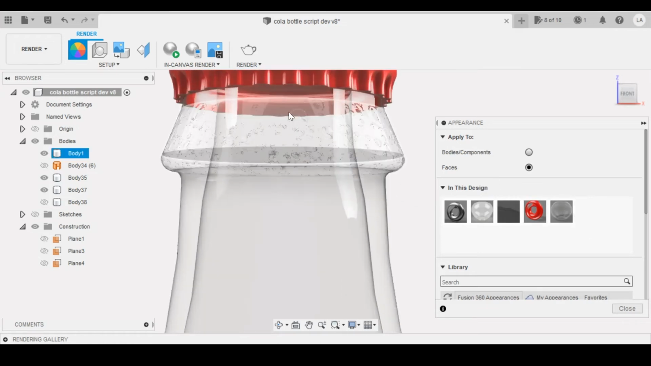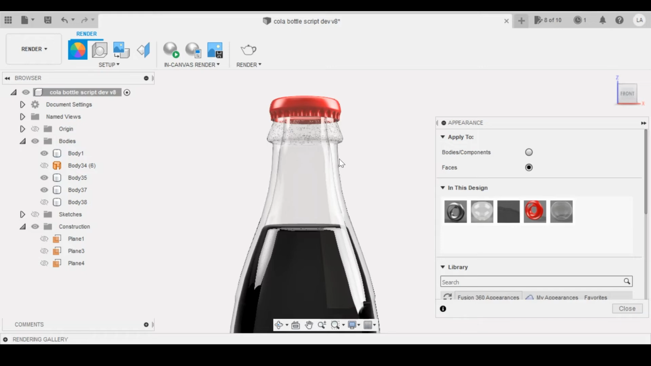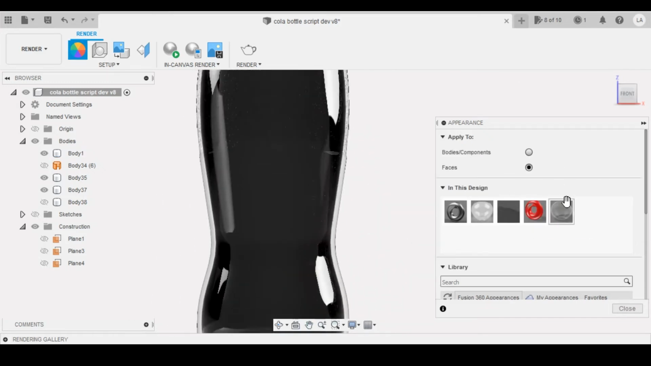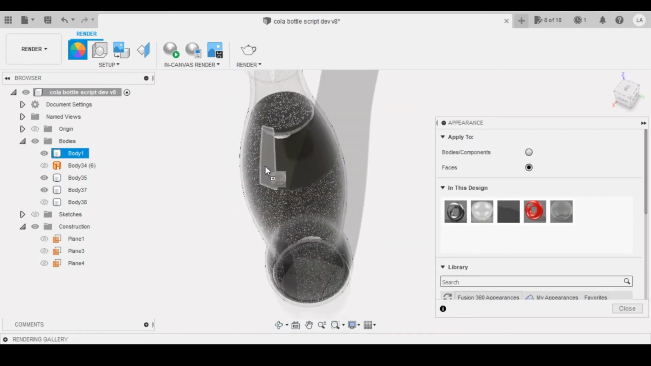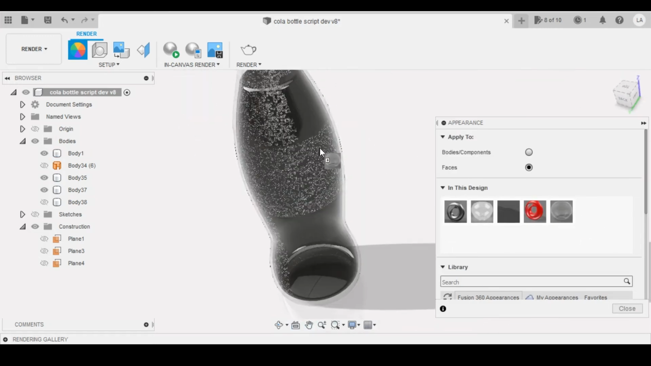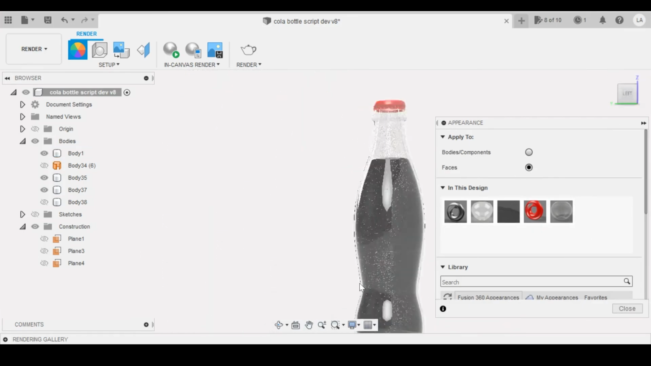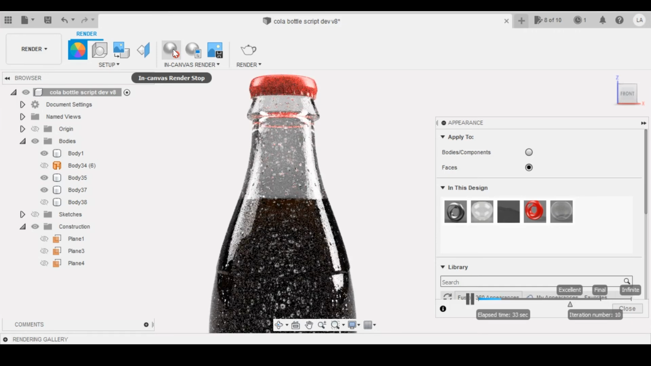You can see now this texture showing up on the face there. So I'll fast forward through applying that to all these faces and show you what it looks like when it's finished. So there you'll see that's applied to pretty much all the faces now, which we'll see when we render the bottle. And if I just do a quick in-canvas render,